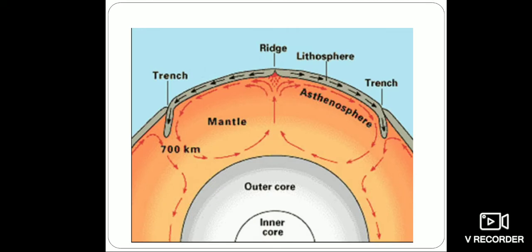You can see in this picture the convective currents are flowing inside the earth's crust, and you can see the lithosphere moving to the left side and towards the right side, between which you can see there is a ridge, and at the left side and the right side you can see the trenches where the plate is getting submerged towards another plate. So the lithospheric plates are continuously in motion, and the reason behind their motion is the convective currents which are flowing inside the Earth's surface.